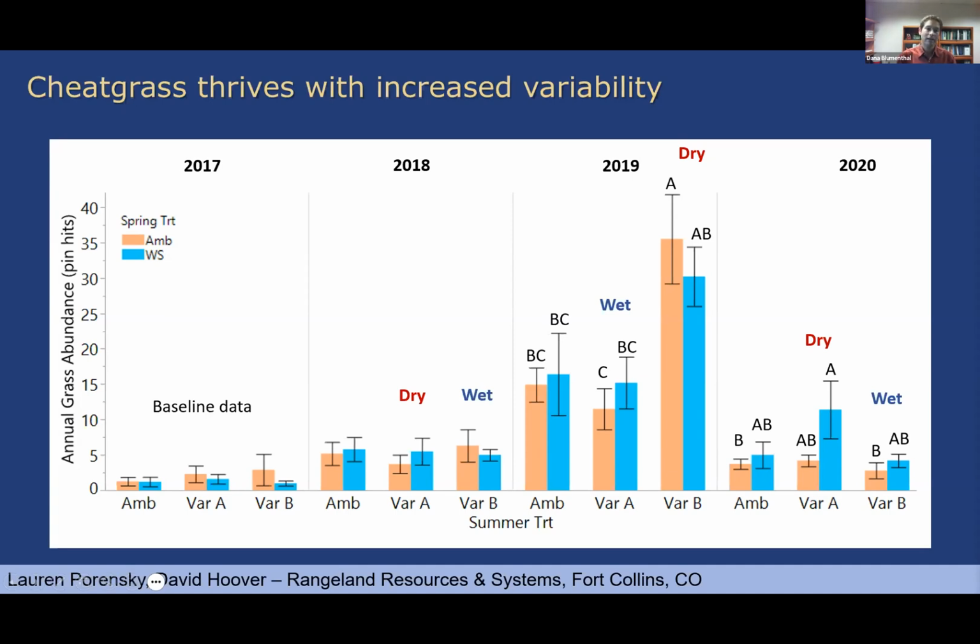And then you get the same thing in 2020 with the treatment that was formerly wet, although only with the extra spring precipitation. And this is not as dramatic a response as I was showing you earlier with respect to warming, but it is interesting in that cheatgrass was the only species in the system, or the only functional group in the system also, to respond to this change in precip. Everything else was stable, but cheatgrass did well. So